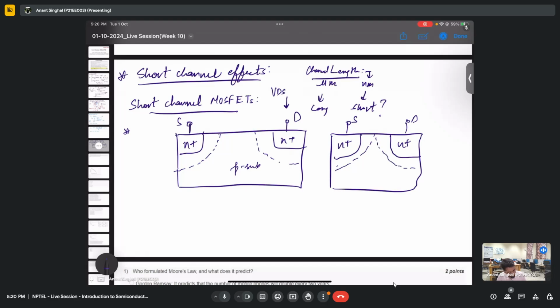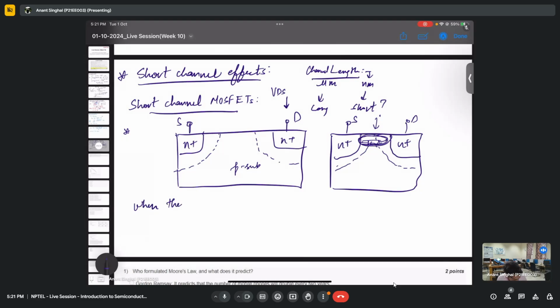can you see the difference? If these two depletion regions collide, then we don't even have control of the gate, because once we have this collision, we will have the depletion region and there is no control of the gate voltage, and we already will have a channel. So basically the short channel MOSFETs are nothing but, we can say, when